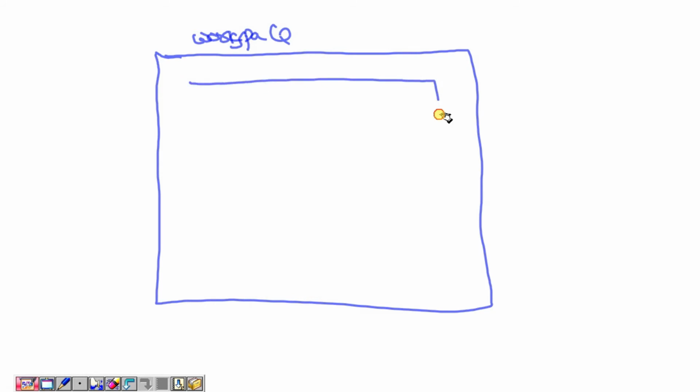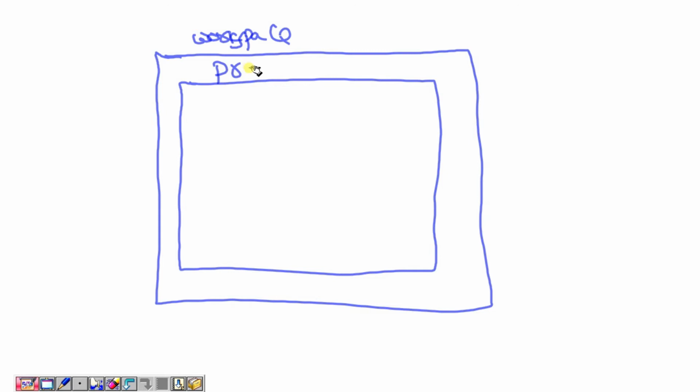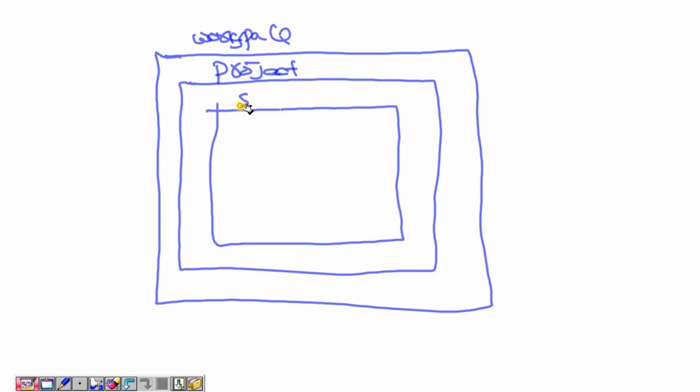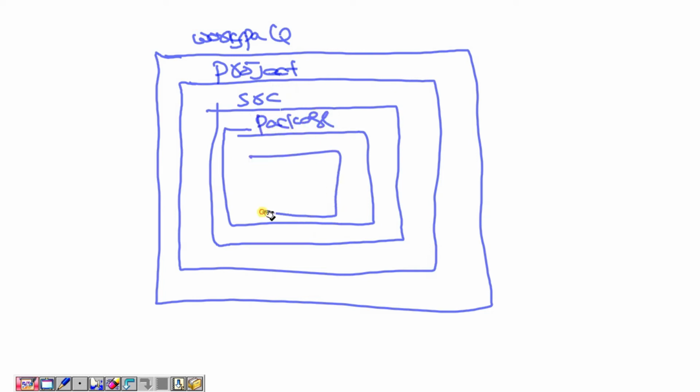In this workspace I need to create the project. Whenever we create the project, the source folder is automatically created. In this source I need to create the package. In this package I need to create the class. Here I can write our automation script.